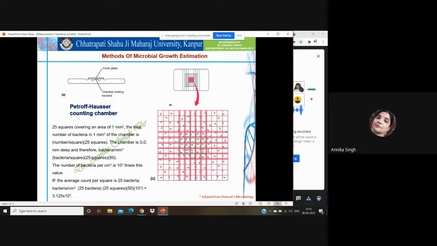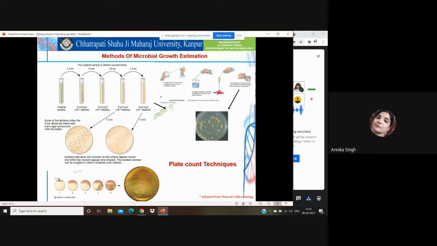So if we count the number of bacteria in a particular volume of this chamber, it can be represented, as you can see here, as the number of bacteria per square multiplied by 25, multiplied by 1 upon 0.02, which is equivalent to 50. Is it clear? So the number of bacteria per cubic millimeter is equal to